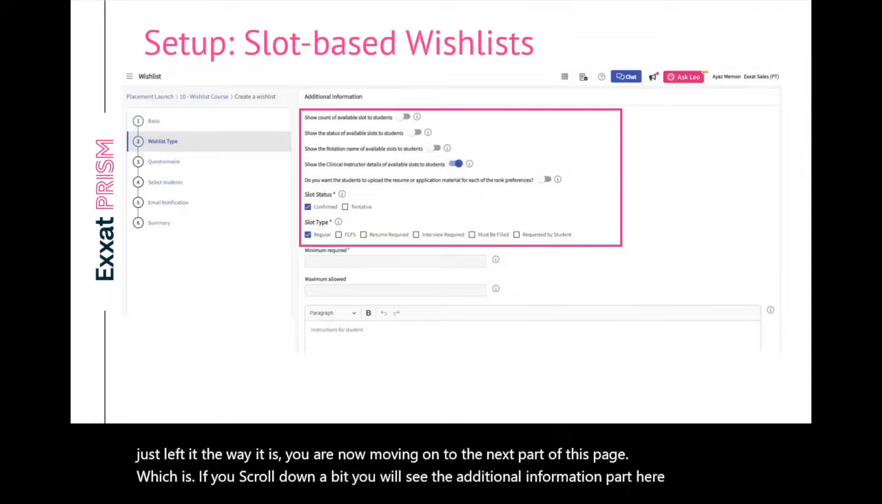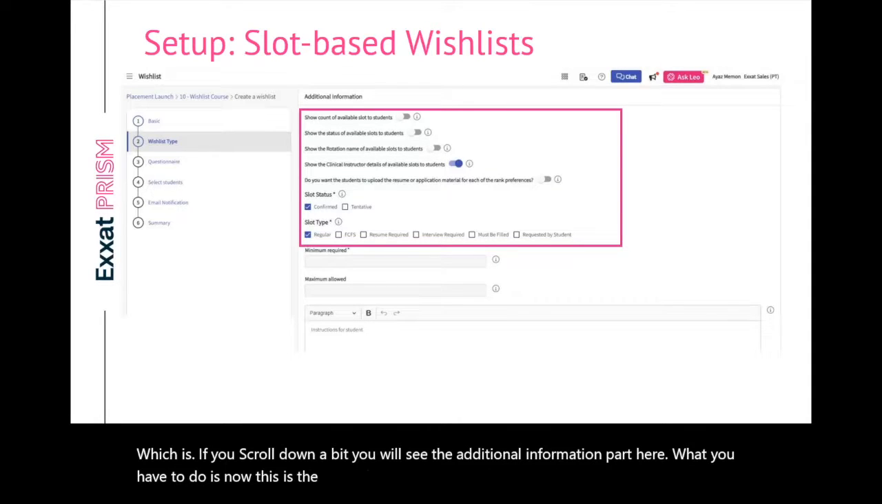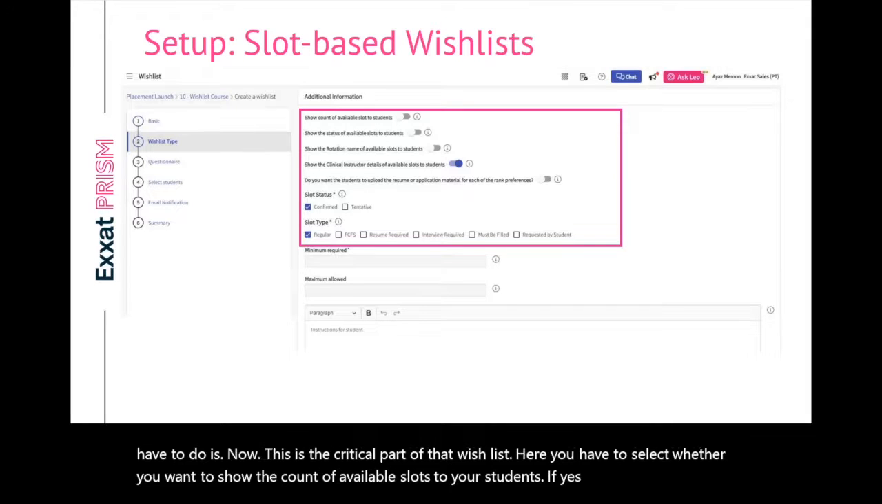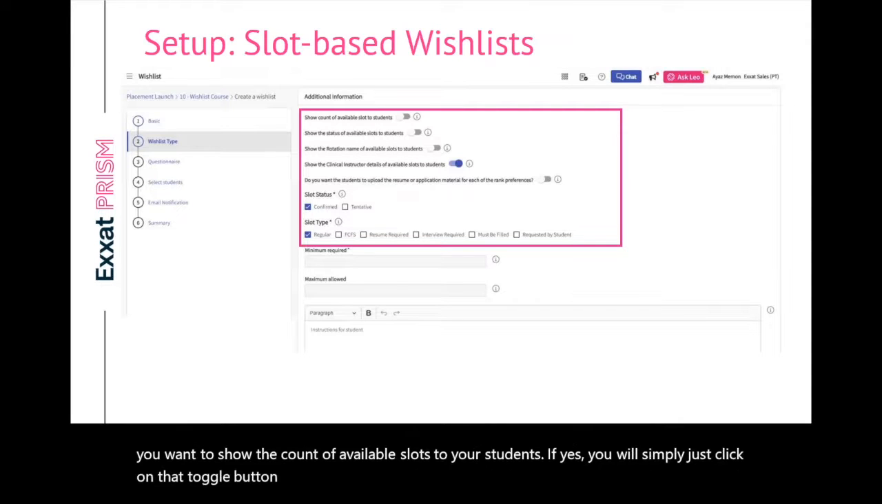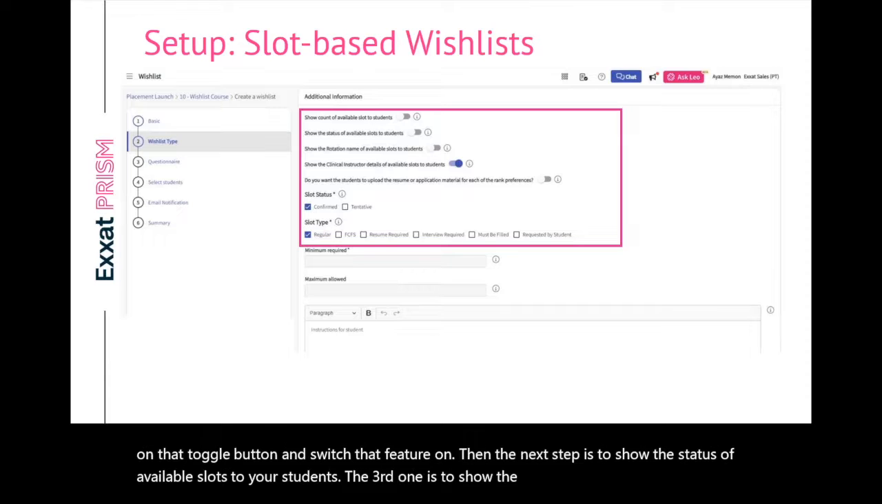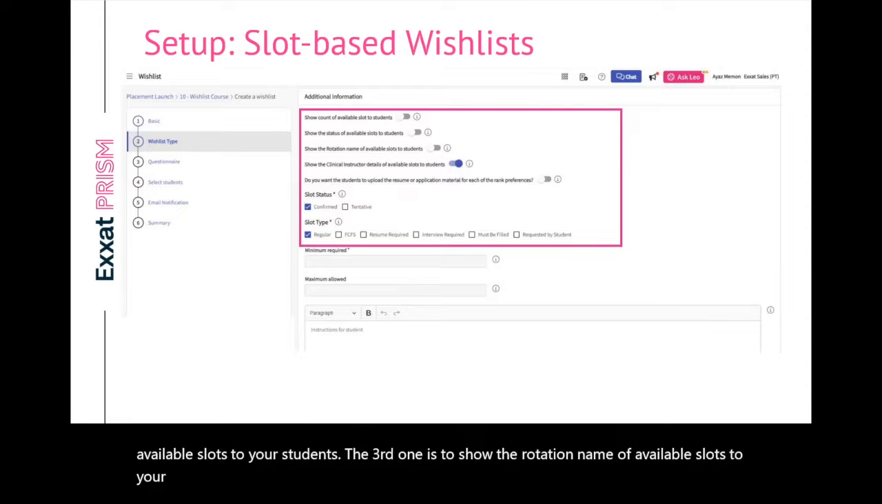Here, this is the critical part of that wish list. You have to select whether you want to show the count of available slots to your students. If yes, you will simply click on that toggle button and switch that feature on. Then the next step is to show the status of available slots to your students. The third one is to show the rotation name of available slots to your students. And the fourth one is, do you want to show the clinical instructor details of the available slots to